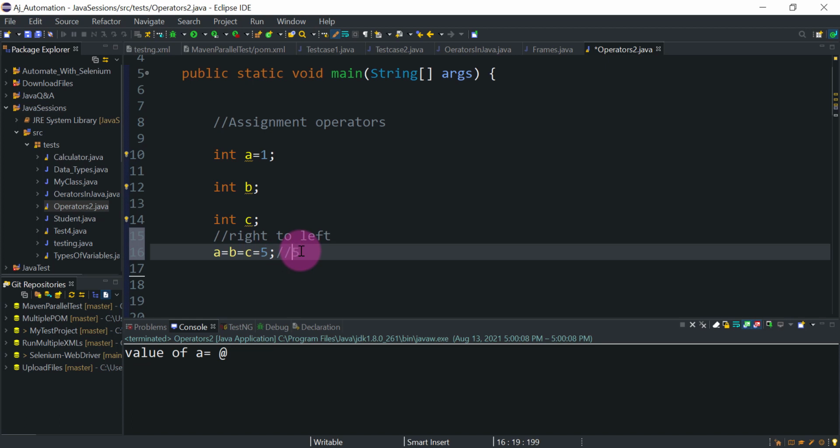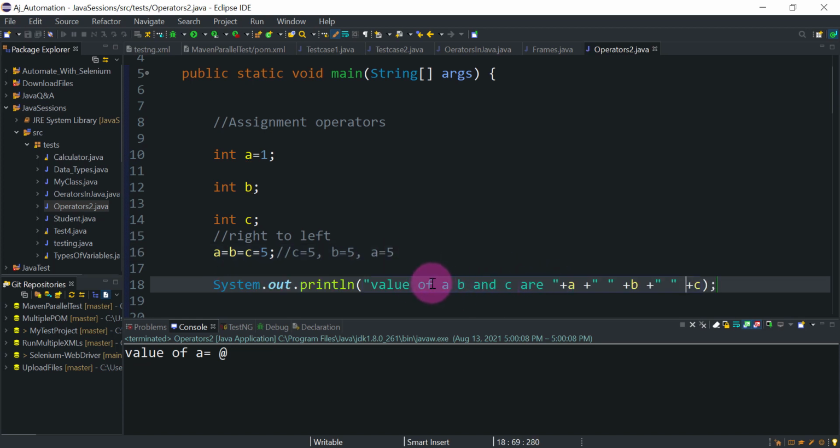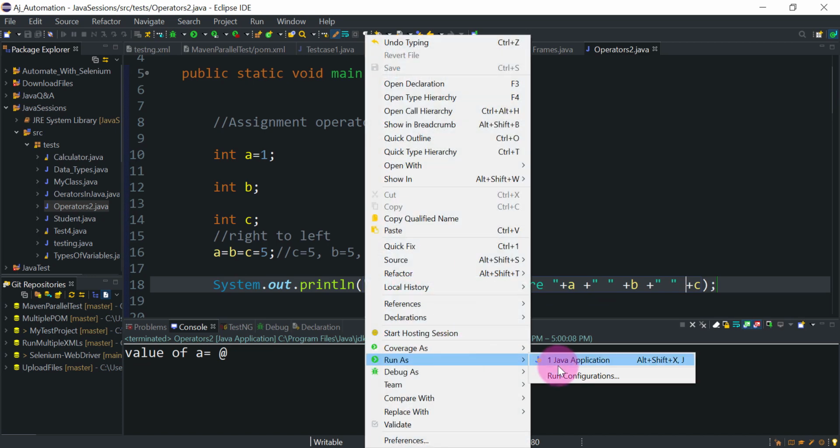Then the value of c, which is 5, is assigned to b, so b also becomes 5, and the value of b is assigned to a, so a also becomes 5. We are trying to print the values of a, b, c. Let's see the answer.